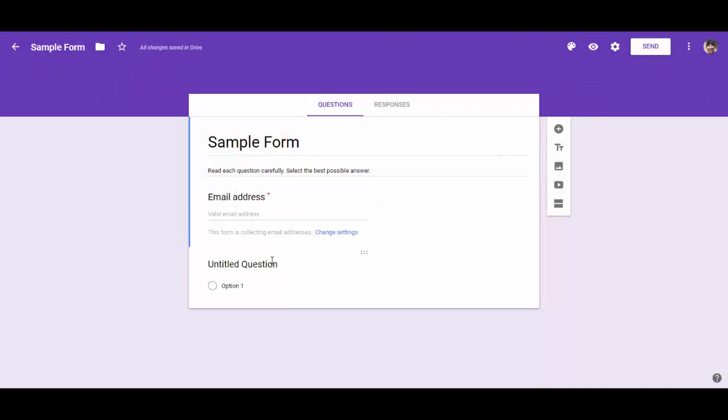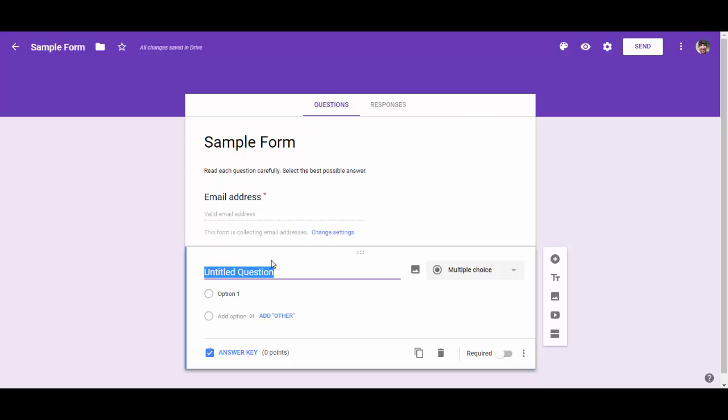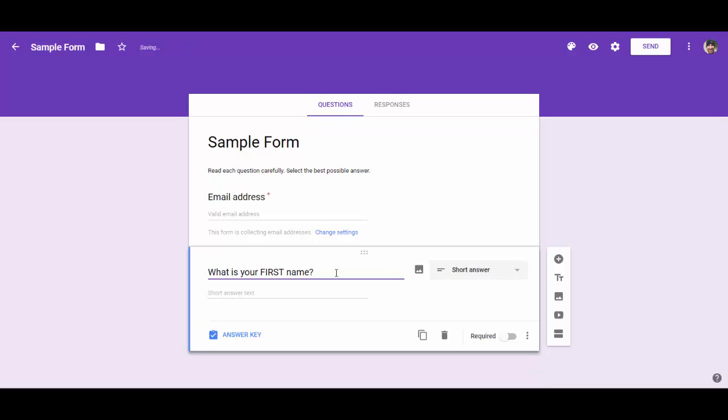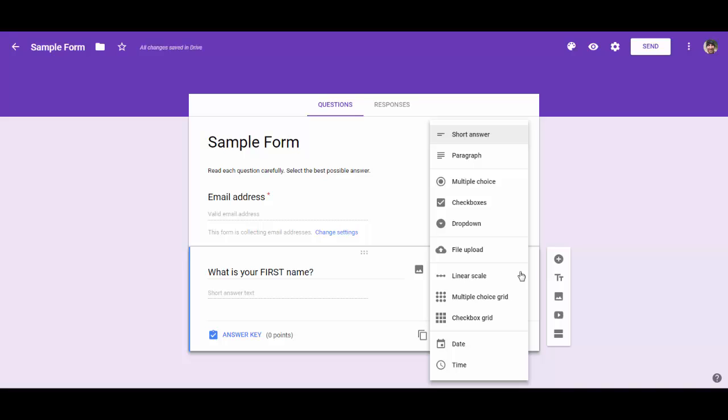To edit, I simply click on untitled question. So now I'll be able to type my question. With all of my quizzes, I ask the same basic questions right from the start. What's your email address? Then my next question is always, what is your first name? Now notice it automatically changed this type of question from a multiple choice question to a short answer question. If it does not do this automatically, click the drop down arrow and you can see the different types of